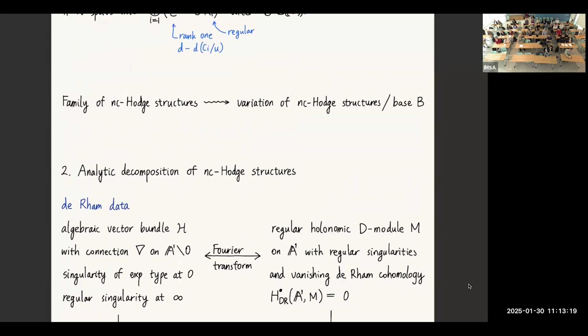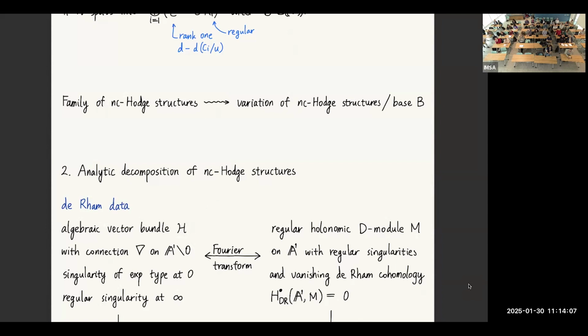Okay. So you remember in the non-commutative Hodge structure, we have this connection. We have a vector bundle and local system. This induces a connection. So we have this connection part, and we call it the Rham data, which is an algebraic vector bundle. It is a vector bundle H with connection nabla on A1 minus 0. In the definition, the H is over the whole A1. It's like a static connection, but it's okay. Let's just have H with connection nabla on A1 minus 0, and the singularity of exponential type at 0, regular